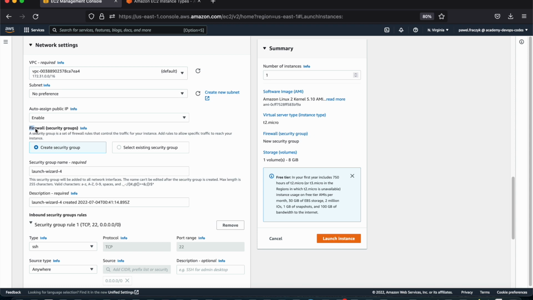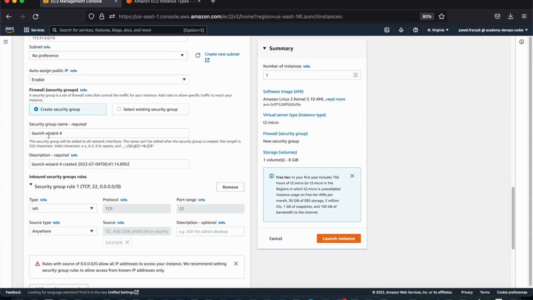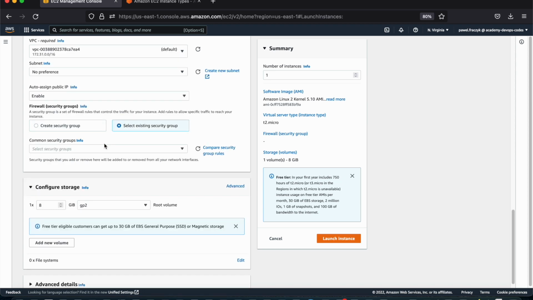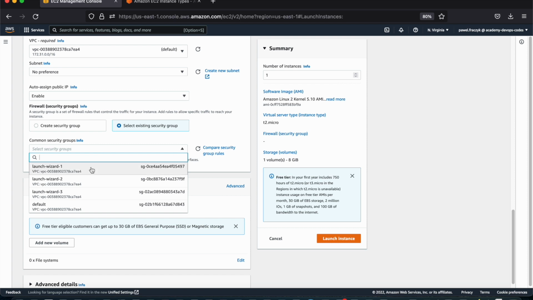Security groups. As it's written here, it's a firewall, so it allows us to control the traffic that will come to the virtual machine. We can create a new one from the wizard. We can select an existing one, and as you can see, I already created some security groups and left the name